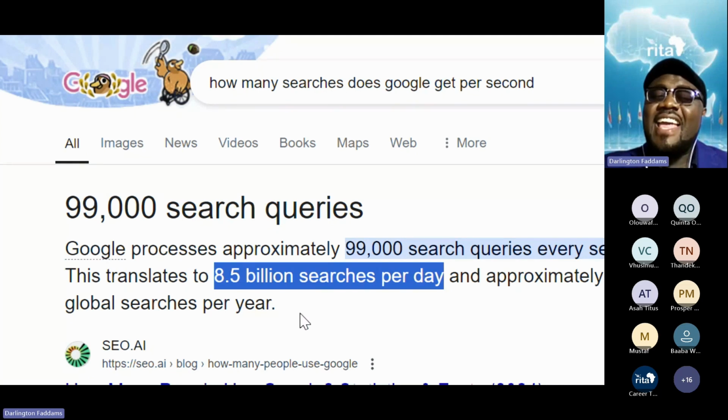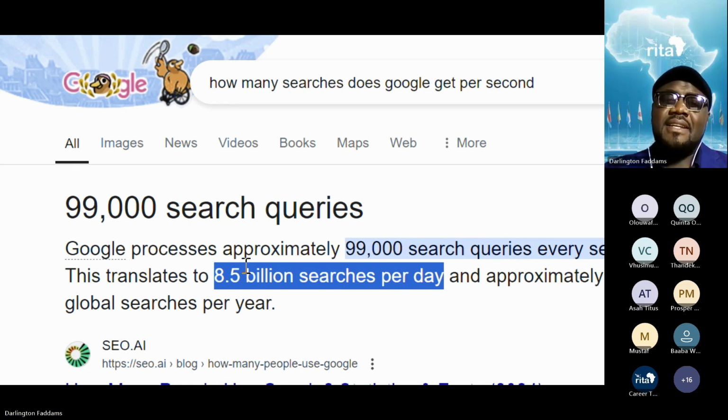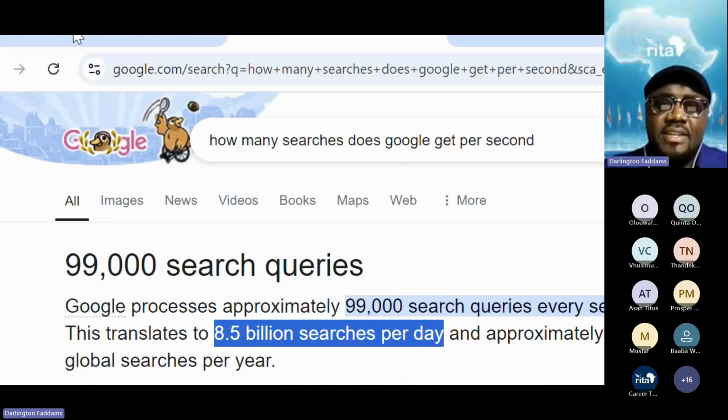So every day there are 8.5 billion searches on Google. Now, if Google does not make sure they direct all the traffic, and we'll be using technical terms like traffic, that talks about the number of visitors trying to access your site. If Google doesn't optimize and manage and direct the traffic effectively, and because of one small mistake, they can lose millions of people in a day. Now they have billions.